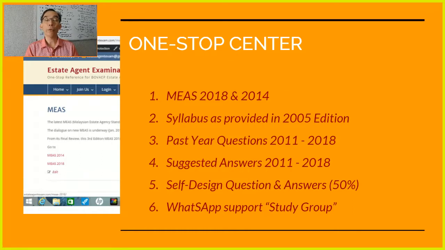Take, for example, the subject of taxation. In our diploma in estate agency, the taxation paper is not the same as the taxation paper for accounting studies. This taxation paper includes a lot more different types of rating and taxes involved in the estate industry, rather than commercial or personal individual tax. Therefore, getting it from one source is pretty difficult,